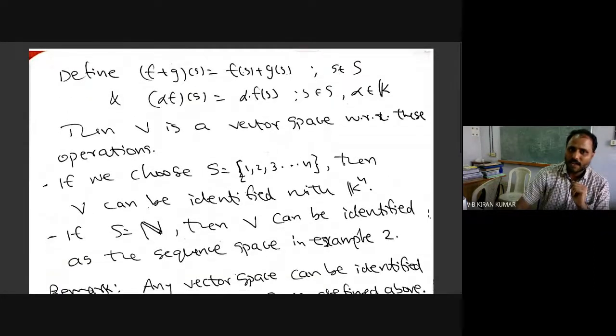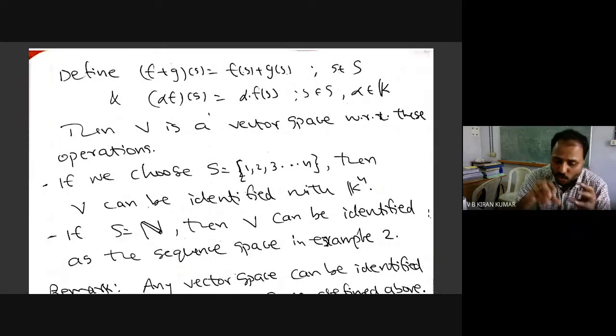Now, let me define the vector addition. You have two functions there, f and g. So how do you add two functions, f plus g? Point-wise addition. (f plus g) at s is f(s) plus g(s), okay? Similarly, scalar multiplication, (alpha f) at s is alpha into f(s), okay? So we can verify the vector space structure, right? Is that okay for you to verify? It's easy, right? You take any set S and work it out. Is that okay? Yes, sir.